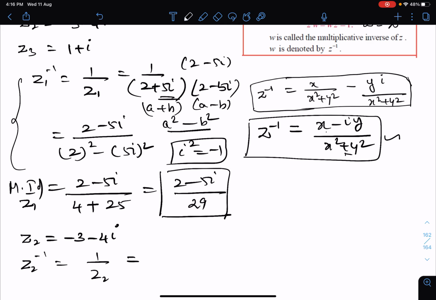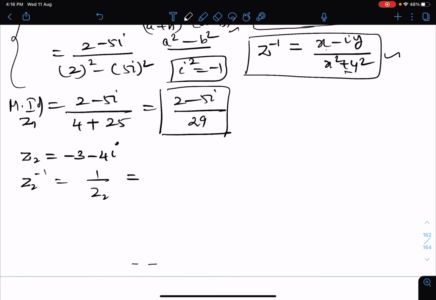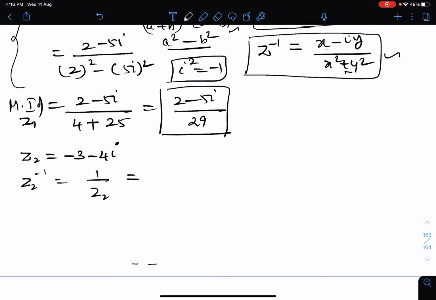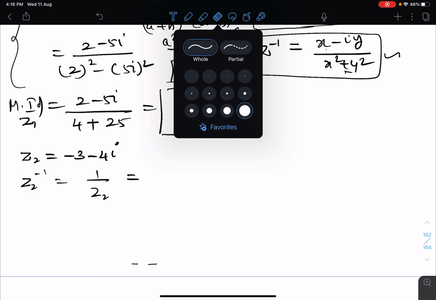You have to multiply by the conjugate and then apply the formula and then give i square equal to minus 1 and then write it. Okay, so here I will do it using the formula, but in the sum you can do it directly also if it comes together with the additive and multiplicative inverse. But it's better to do it fully. Okay, now we shall go.